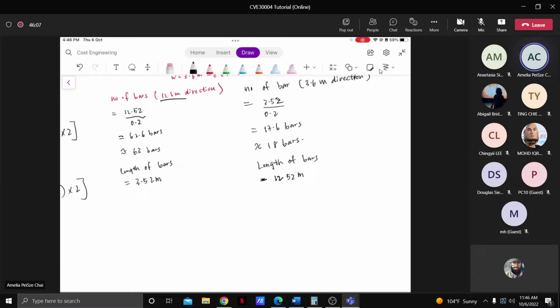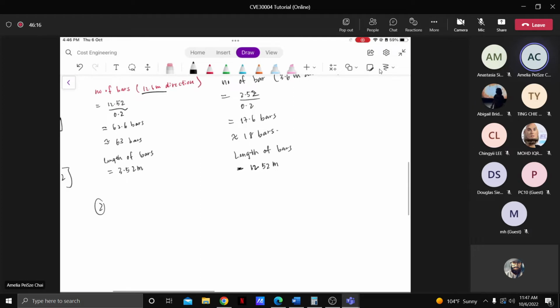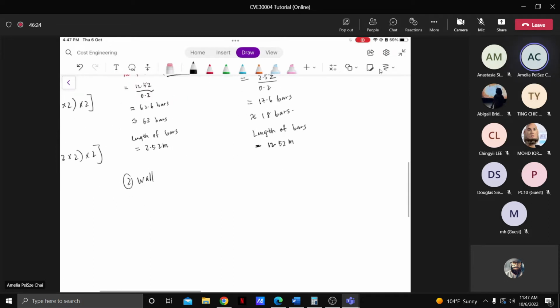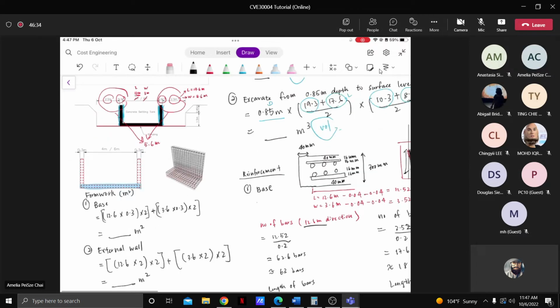Okay, this one we leave it here. Later we go into more detailed calculation in the Excel. Okay, so next one will be the wall. We split into two. One with the 3.6 meter wall first. So for one layer of 3.6 meters wall, here we have